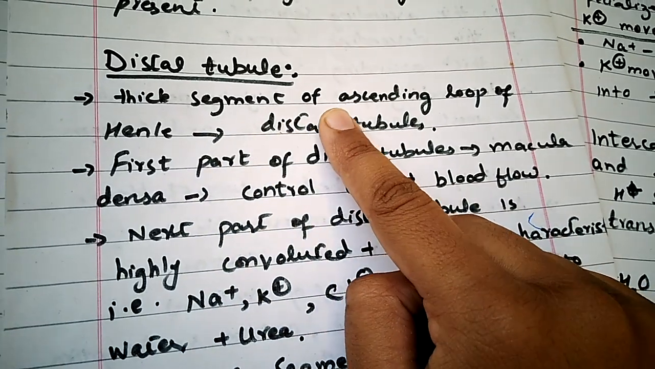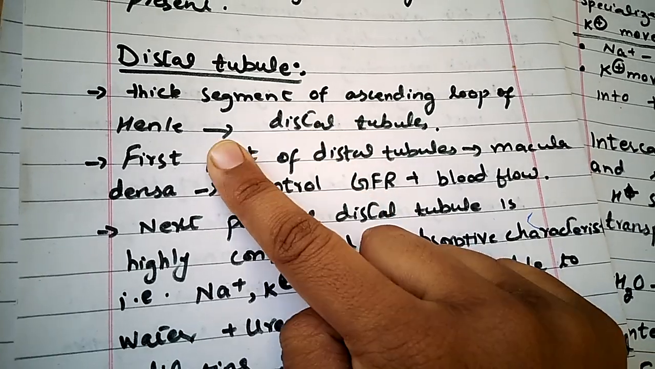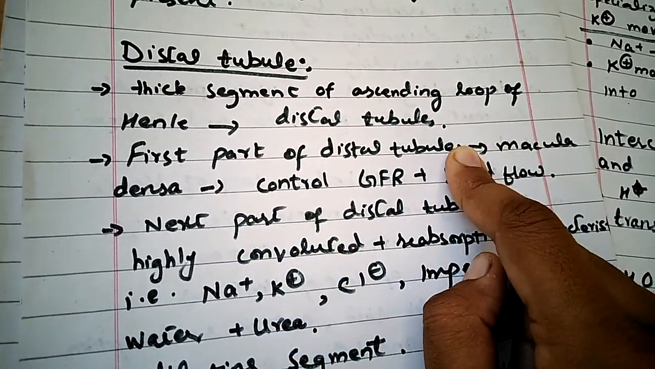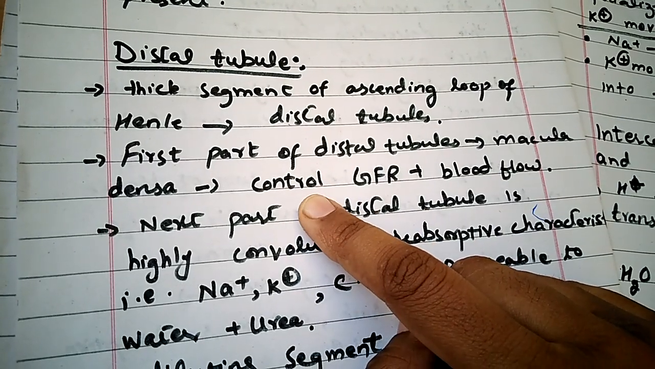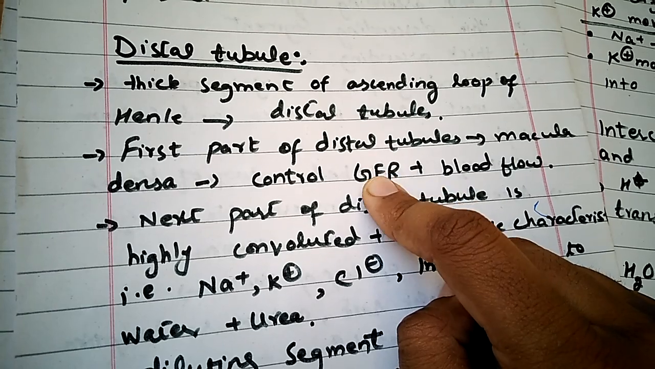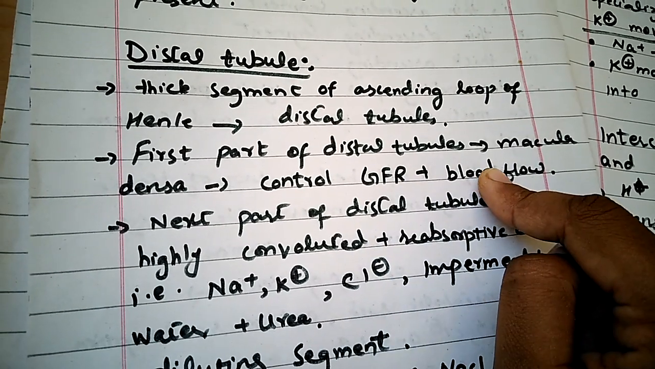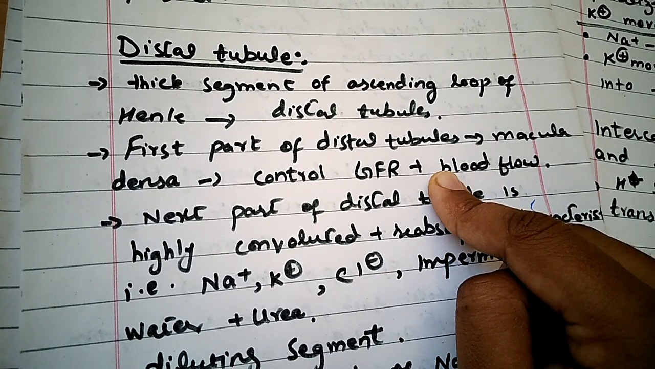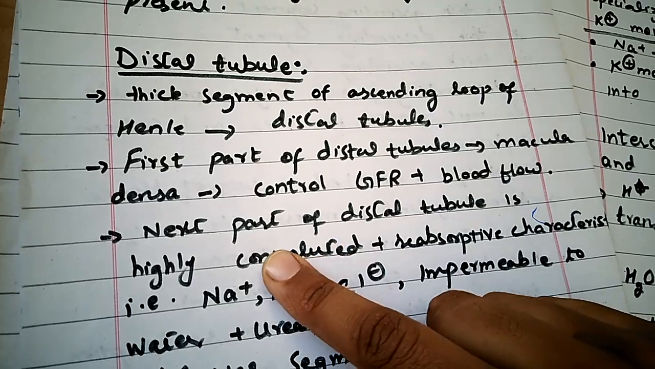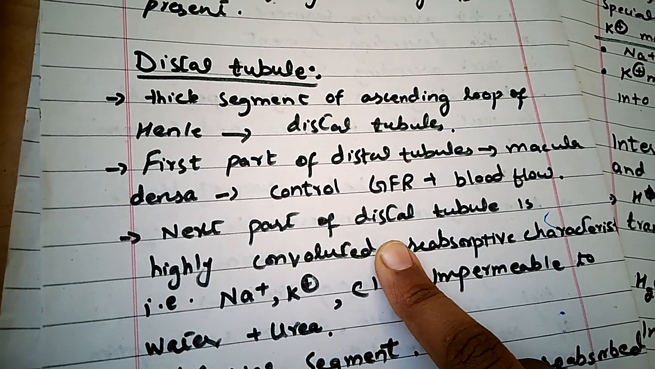The thick segment of the ascending loop of Henle opens into the distal tubule, and the first part of the distal tubule is known as the macula densa. This is the region which controls the glomerular filtration rate, meaning how blood is filtered into the Bowman capsule, and the blood flow or blood entry into the glomerulus through arterioles. The next part of the distal tubule is highly convoluted, and it has reabsorptive